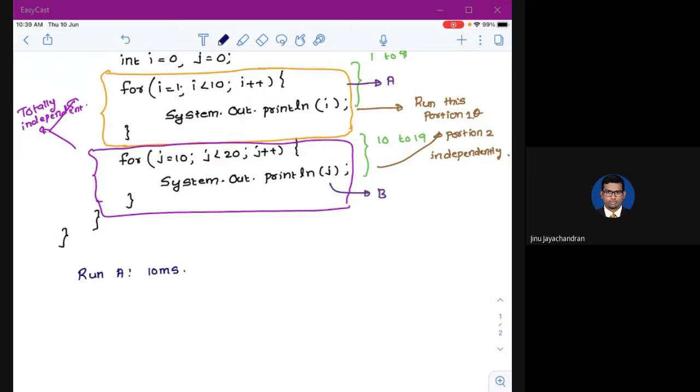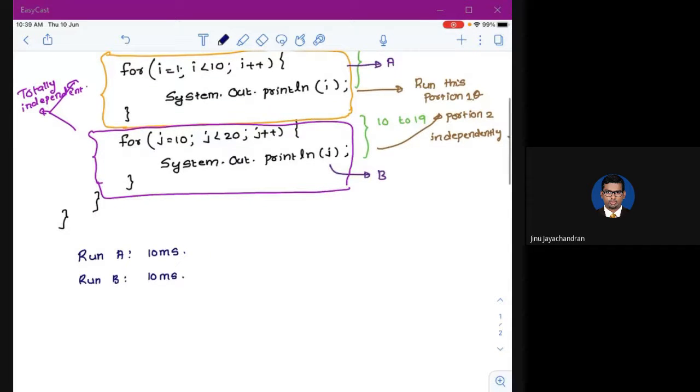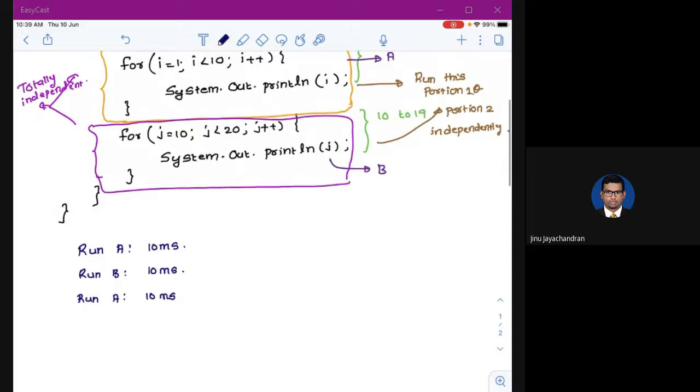It will stop it. Then it will run B for another 10 milliseconds. It will stop it. Then it comes back to A and runs for another 10 milliseconds. Stop it and comes back to B and runs for 10 milliseconds till it gets completed.